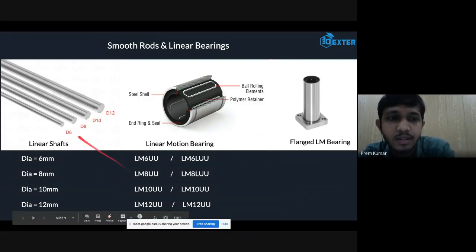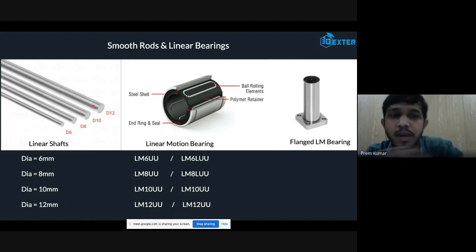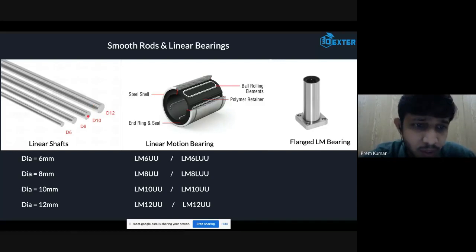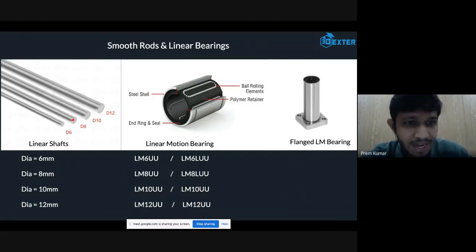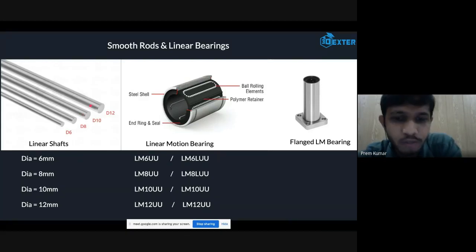The same goes for the rods: you choose bigger rods if the bed is moving up and down. And if you are using this only for X and Y movement, like moving the bed, for smaller beds you can start from 8 mm diameter for a 200 mm build volume printer. If you are going up to 300 and 400, you need to choose either 10 mm or 12 mm depending on the weight of your build platform.